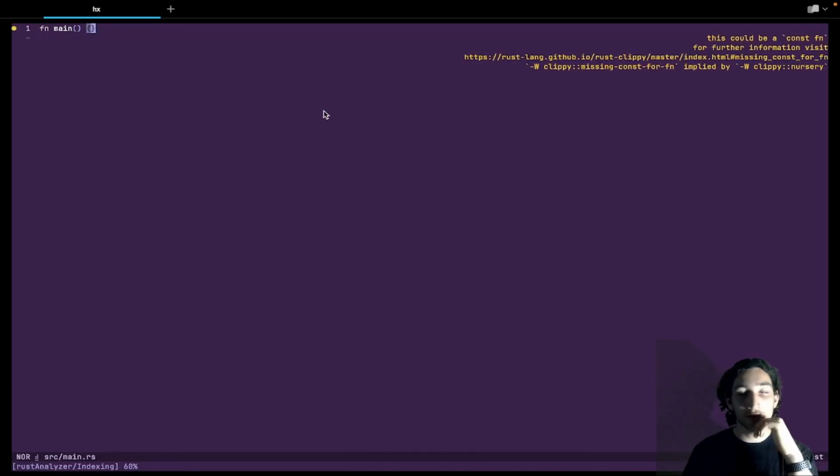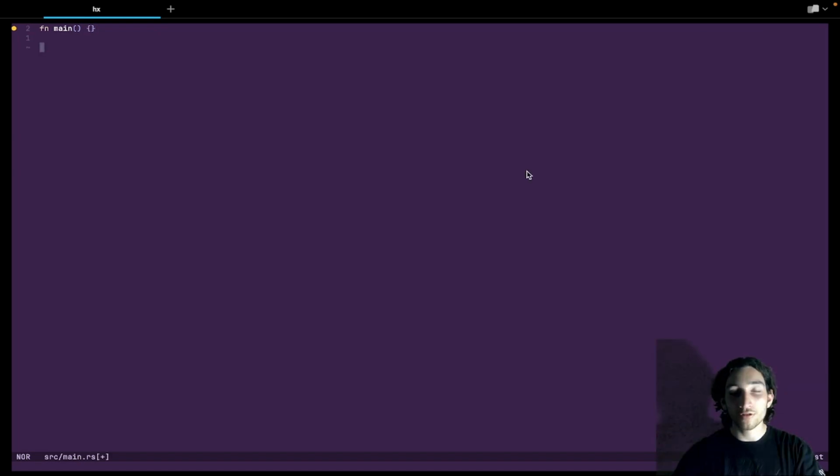So first things first, what is a struct? A struct is a way of defining a user type that can be used to store data in an organized, named way. In order to create a struct, we're going to first write the keyword struct, and then we're going to name the struct. I'm going to name this one Human. And notice the capitalization of the first letter. Struct names should always be in camel case. That is just the naming convention for structs.